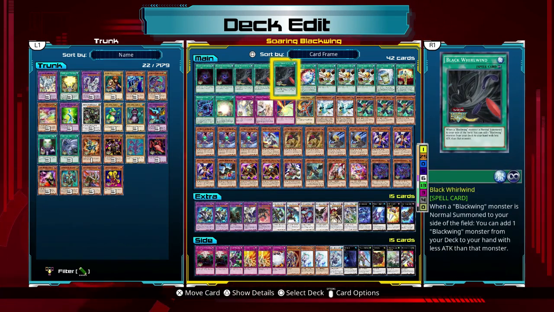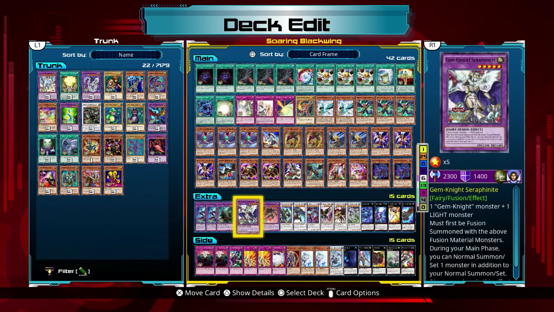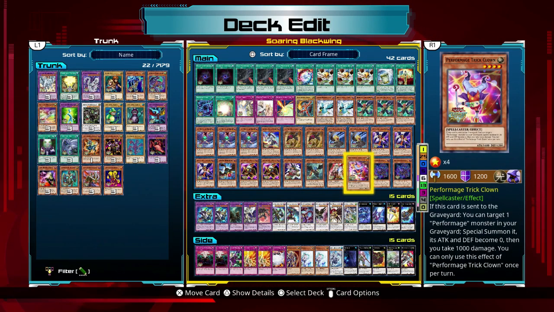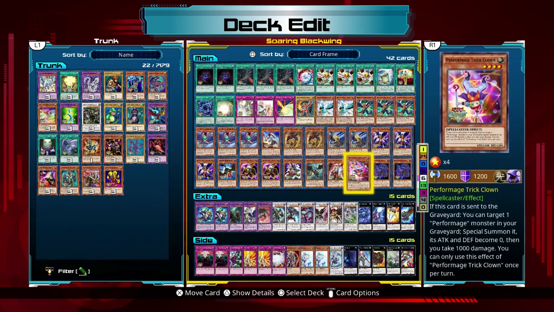If you have it, throw out Black Whirlwind, throw out Brilliant Fusion, get yourself Seraph Knight. Once you get yourself Seraph Knight, throw Tricky into the graveyard, throw, obviously, Garnet into the graveyard. Obviously, because of Brilliant Fusion sending Tricky to the graveyard, Tricky's effect is going to trigger. Special summon Tricky, pay the 1,000 life points, and if anything, if you do have a normal